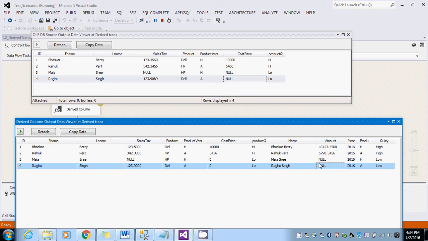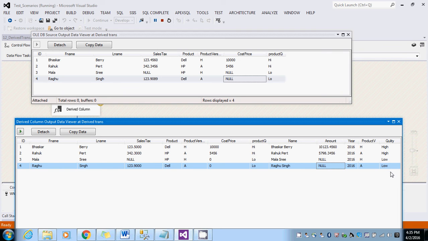And the product, this is the first of the product versions. What I used here is the first letter of the product QA. This is used by substring, so I will be replacing some other thing here. And if you see the quality, I used a ternary operator for checking the product quality. If it is HI, I am replacing it with high, otherwise it is a low quality product. So this is how we can use multiple